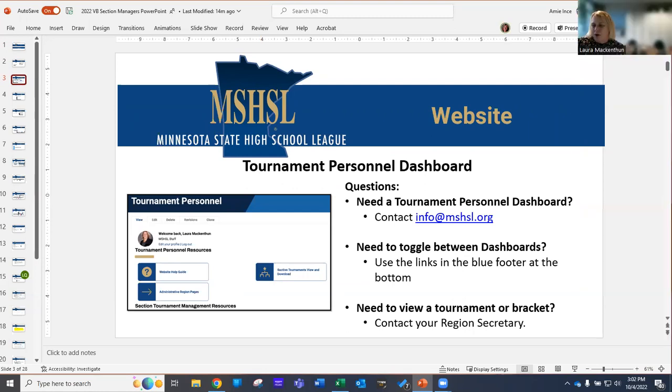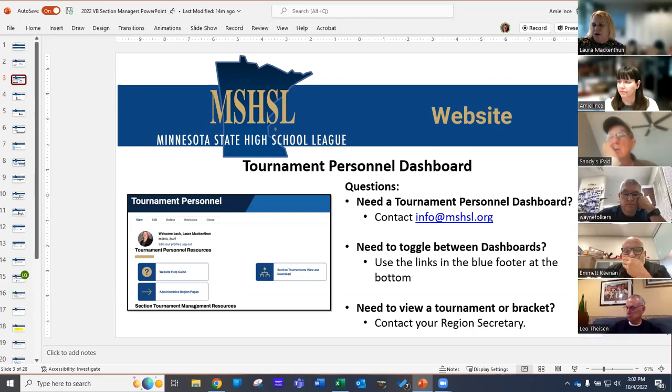If you have multiple dashboards, i.e. you are an AD or a coach and a tournament personnel, just a reminder that way down in the bottom at the blue footer, that's where you toggle between your dashboards. Make sure that you are in your tournament personnel dashboard when you're doing tournament personnel work, because it is different